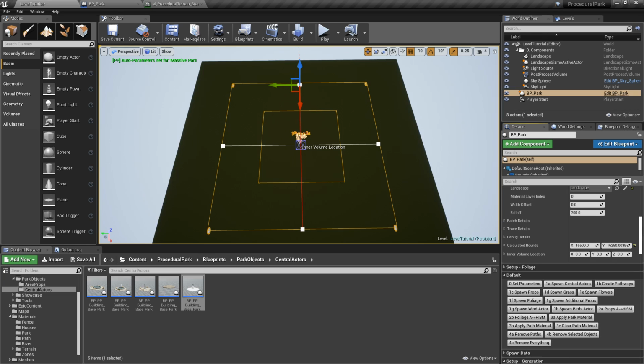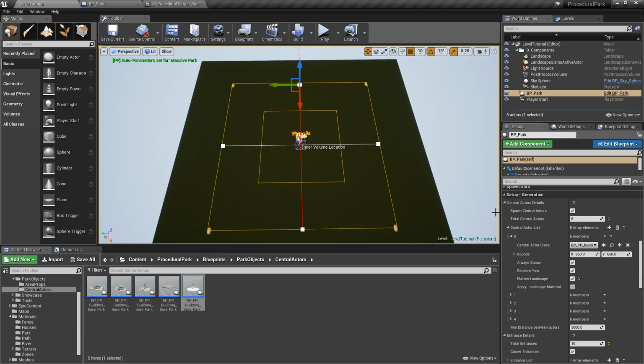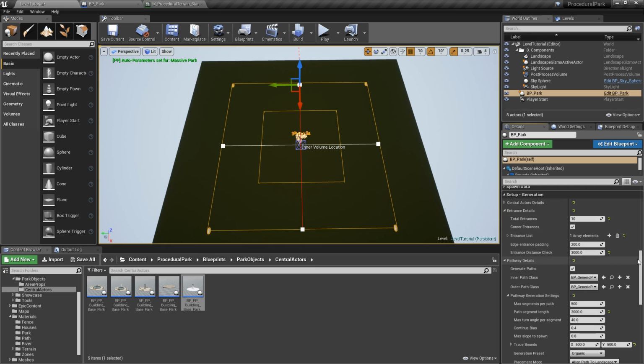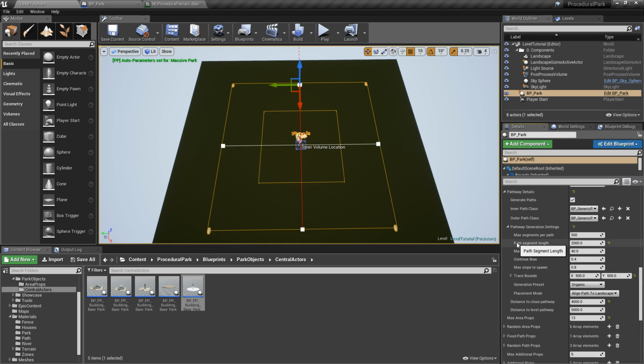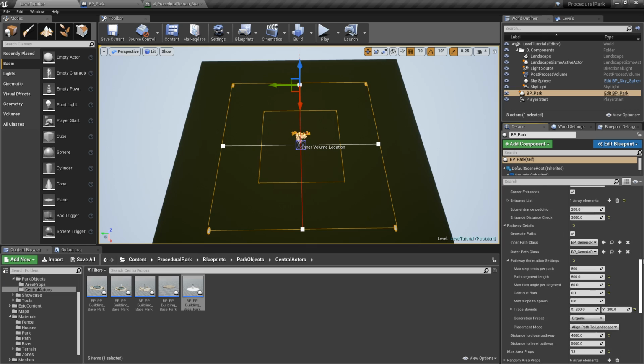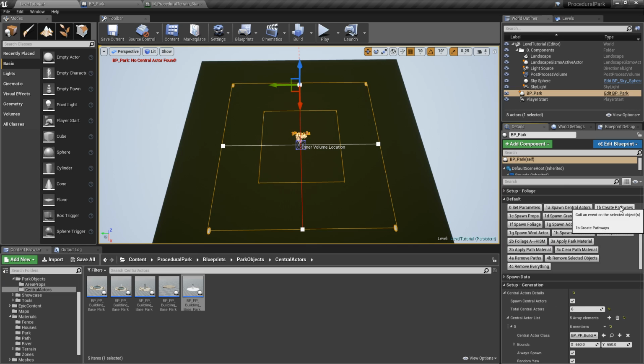Set the parameters, and I go down here to the generation. I'm going to do this quickly. And we say the path segment length, instead of being 2000, I want it to be 500. So there's more chance that each individual segment can have a variation of up to 60 degrees with a continue bias of 1%. And I'm going to change the trace bounds to about 200. If I click on create pathways, oops, spawn actors,